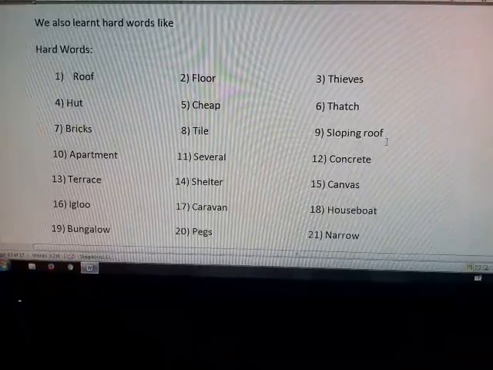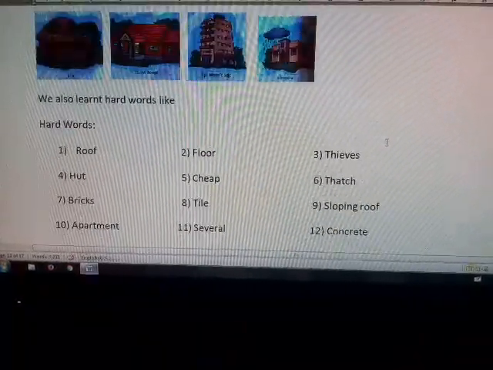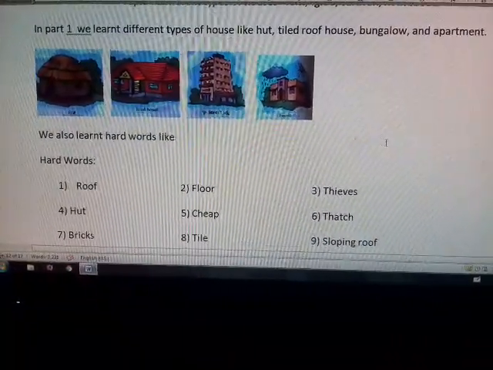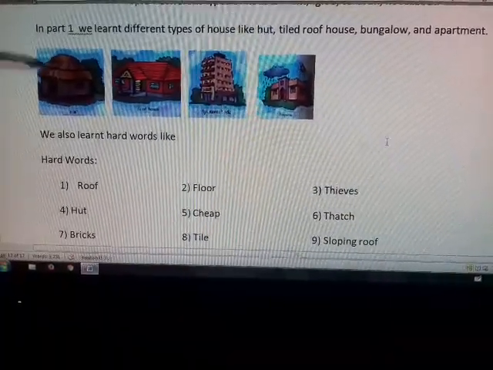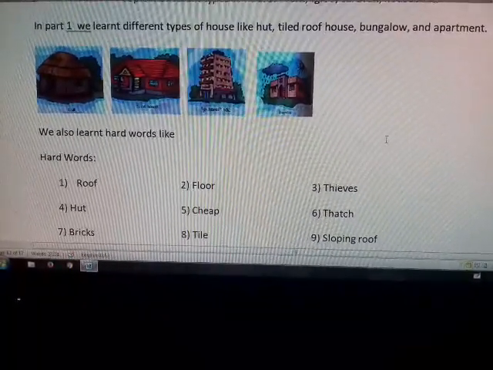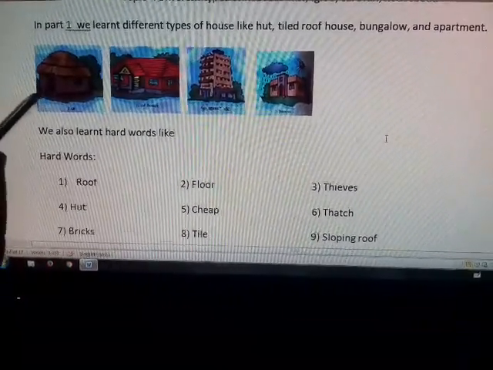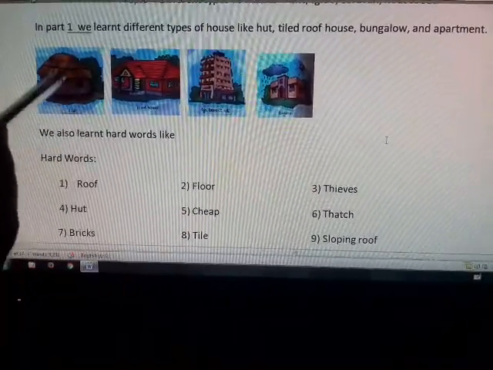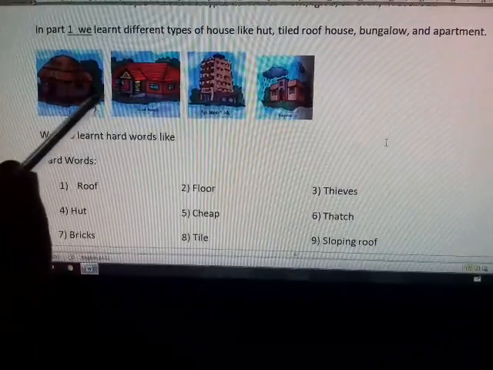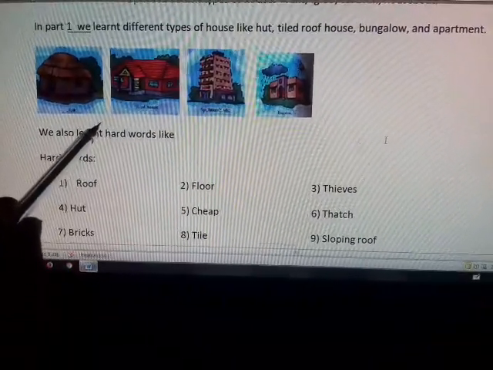Now let's look at a glance of these houses. First one is the hut. The hut is a small house that we know. It has only 1 or 2 rooms. It is cheap and also easy to build.